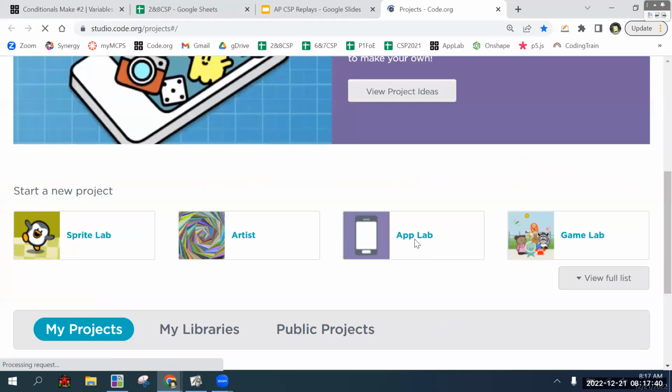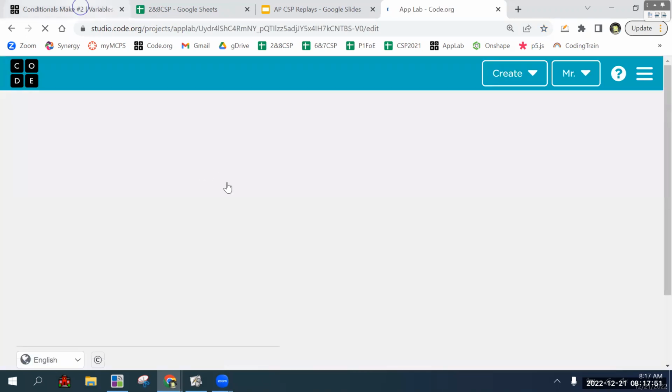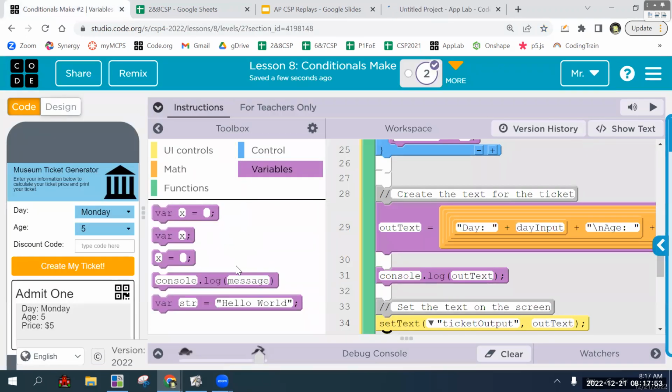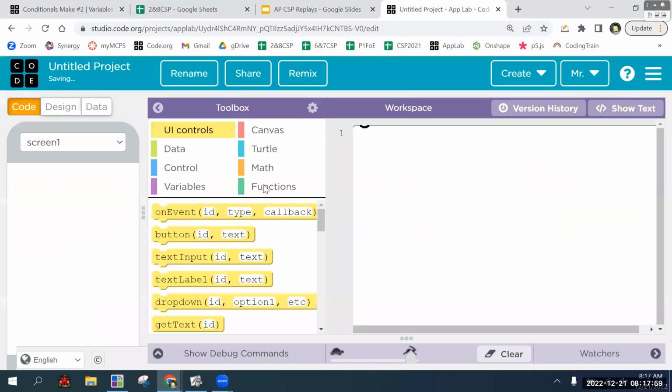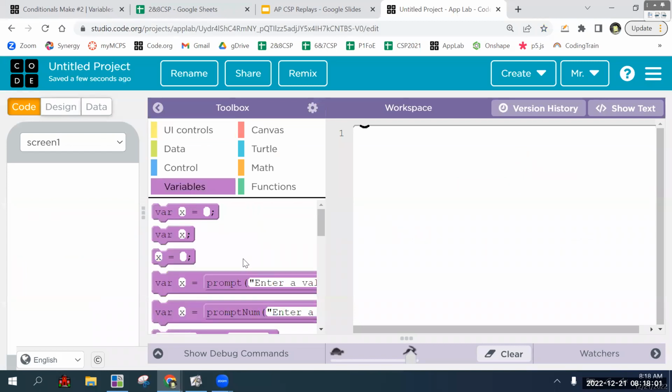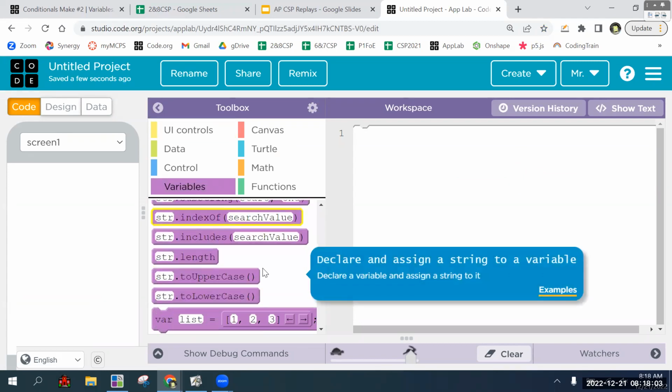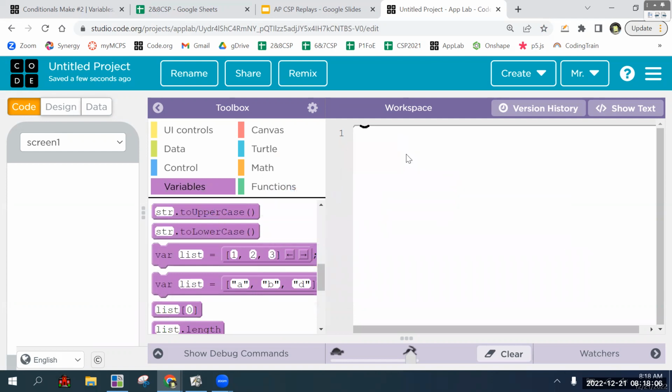And the syntax is dot to uppercase, open close parentheses, which we don't have access to that block at this point. But I'll show you what it looks like. If you are interested in extending your experience at this point, it's not that hard to type in. It is to uppercase, which